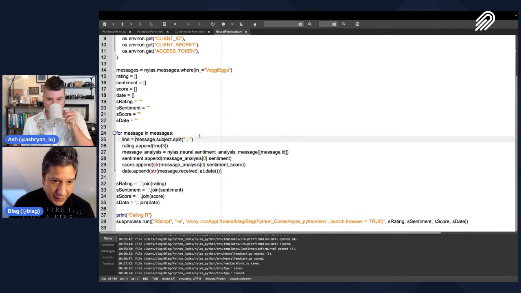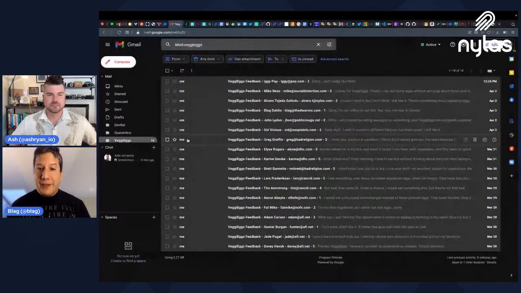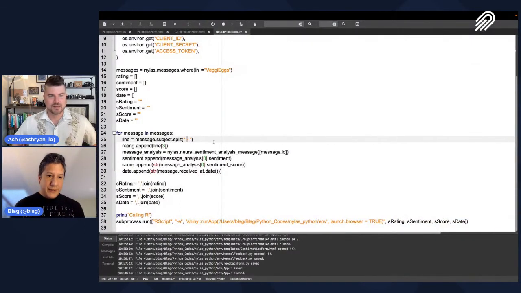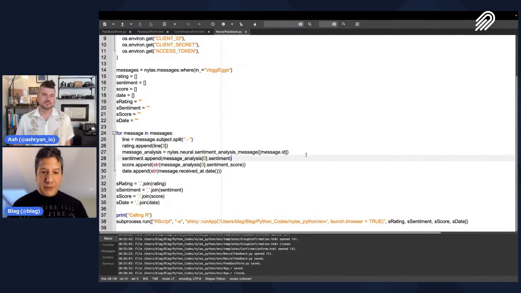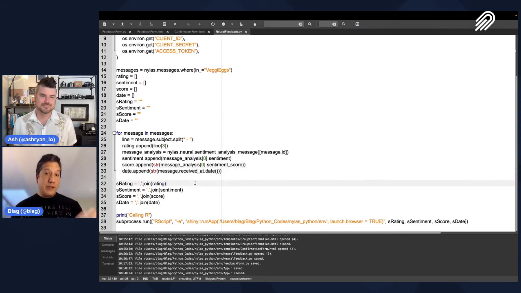Here, as you can see, I'm using a split because I want to get the rating. Because we set it up in the form so that the title has the rating next to the email. So that's why here I'm just taking the rating, so I have it separate. Then I'm taking the sentiment analysis. And then here I'm getting the date on which I got that email, because that's important for one of the graphics. So once I have all that, I'm going to grab that array and join it in a long string separated by commas. Why? Because I need that for R.